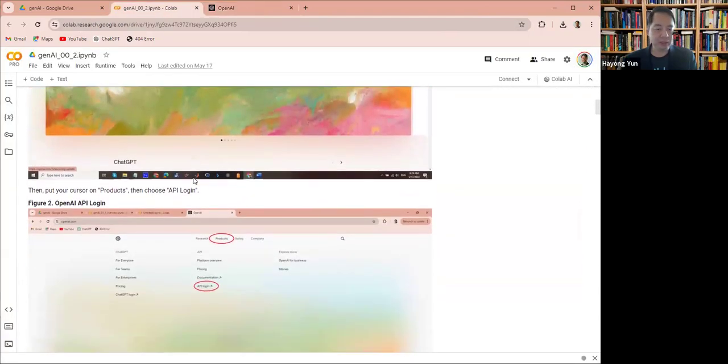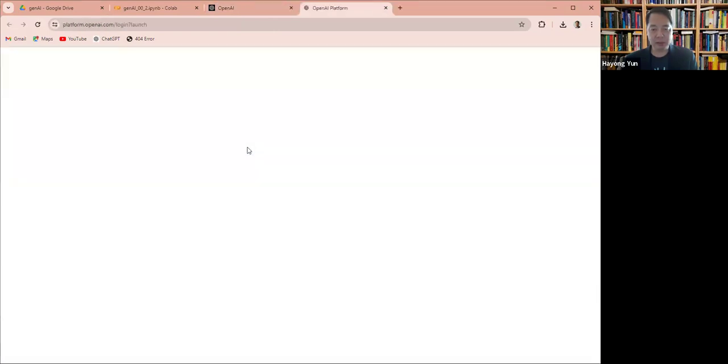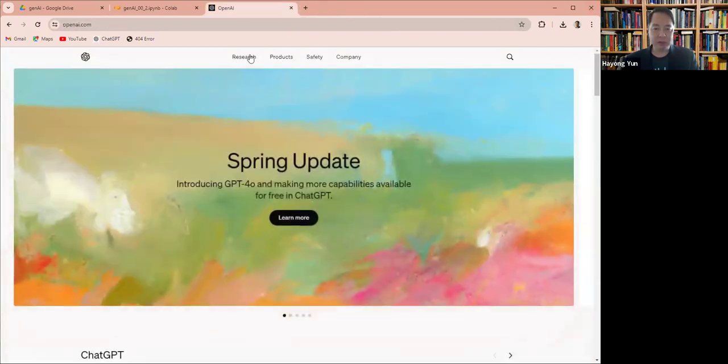If you go to products here and put your mouse on the products, the screen will slightly change. And there is this API, and then you can do API login. I am being logged into it because I actually have an account. But if you don't have an account,